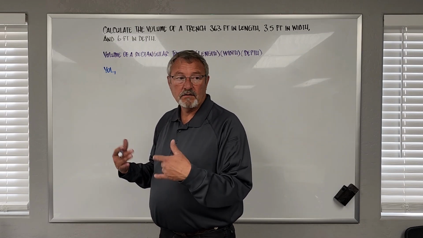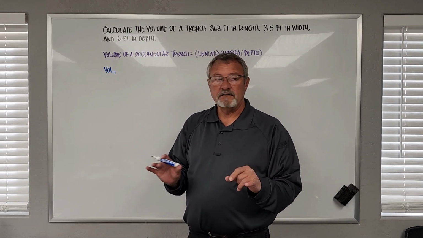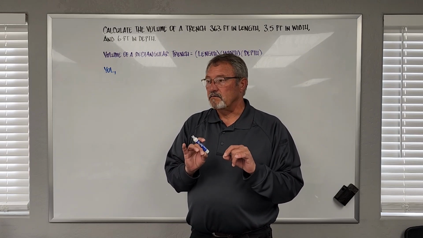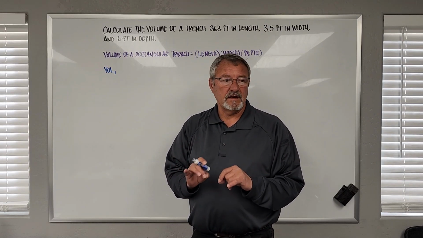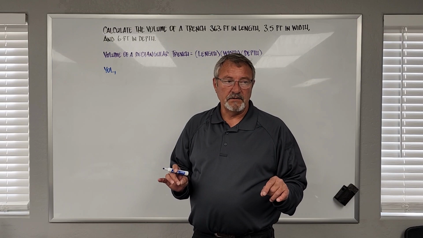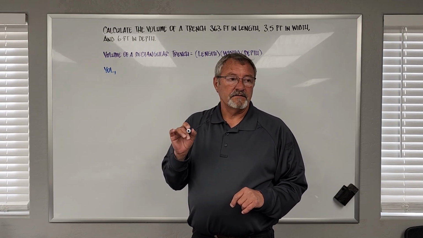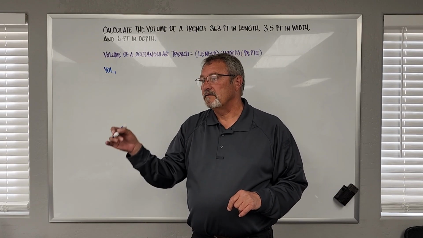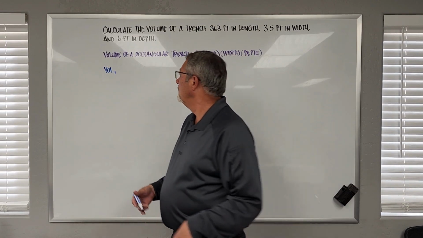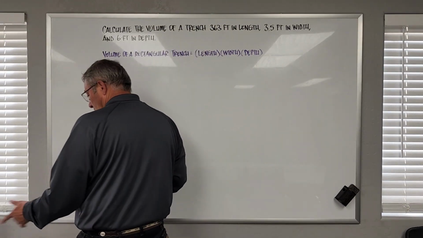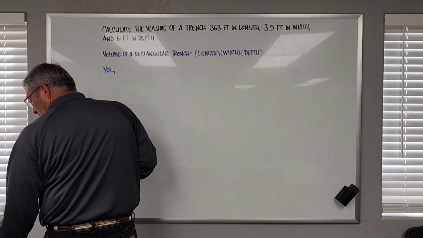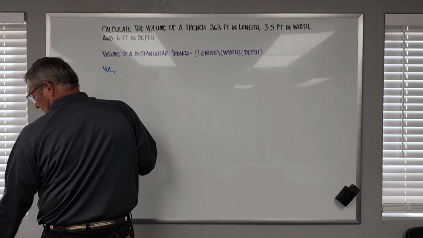We want the most correct answer, and that's one of the qualifiers for every one of these 100 questions on your multiple choice exam, no matter which exam you're taking. The first rule is always that the correct answer is the most correct answer that you can select from, right? So we want volume, and because I'm looking at the units of measure available in the choices, it's cubic feet